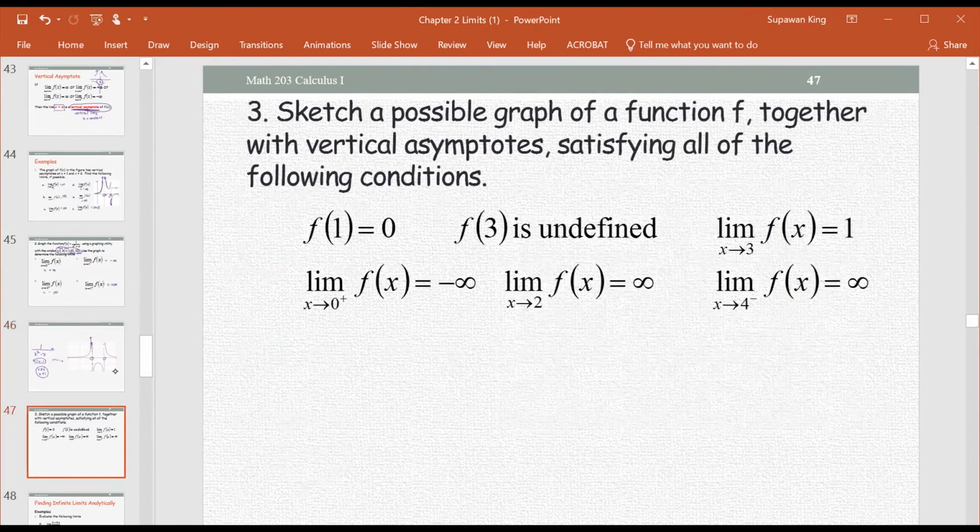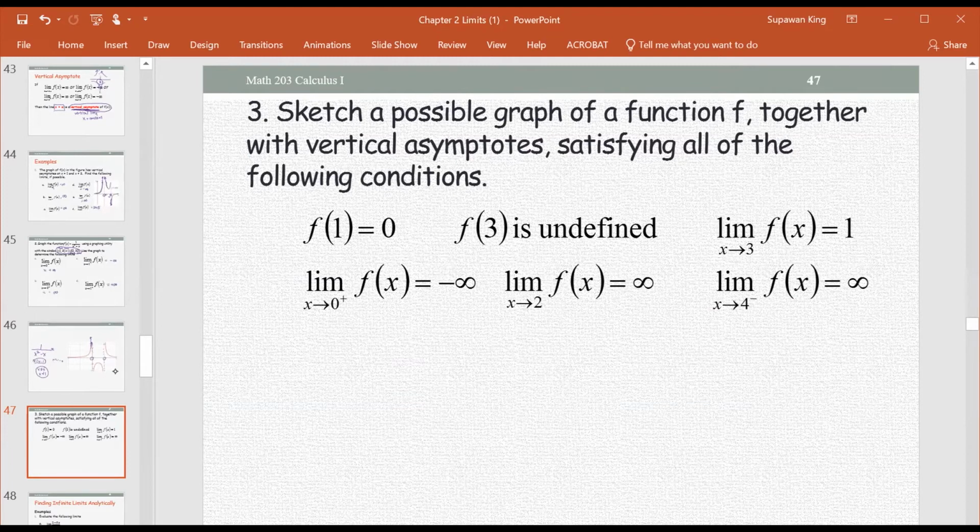Okay, let's move on. So this one, number 3, sketch a possible graph of a function f together with the vertical asymptotes, satisfying all of the following conditions. This time we do it backwards. Instead of giving you the graph and identifying the limit, this time it gives you information and you have to put pieces together to sketch the graph corresponding to the provided conditions. Okay, we have f at 1 equals 0, f at 3 is undefined,